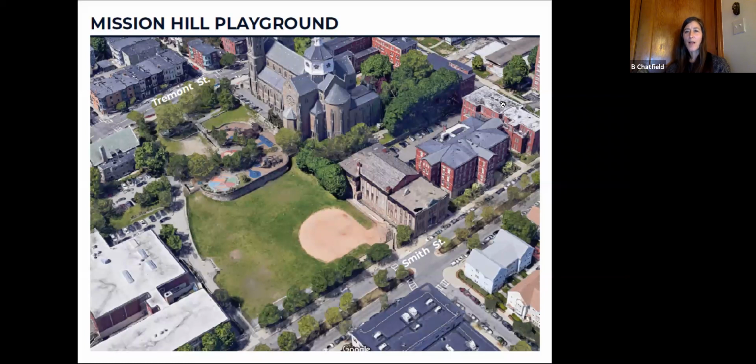I want to bring this back to the Q&A that we have also. Ellen Moore says, I would like to bring your attention to two Brookline parks, Fisher Hill Reservoir Park and the Brookline Avenue Playground. Both have a wonderful balance of natural and built environments and active and passive uses. I'd love to see that sort of balance here. So thank you for bringing that up.